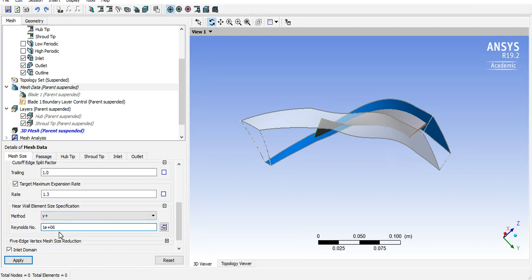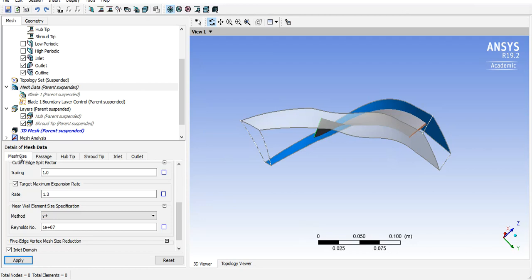I have an estimation of the Reynolds number in this geometry. It's around 1e+6 to 1e+7, and you can verify this value in CFD-Post after your first simulation. In turbomachinery applications, or generally in CFD simulations, the Y plus value must be around 5 to have